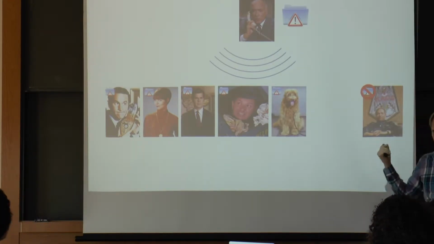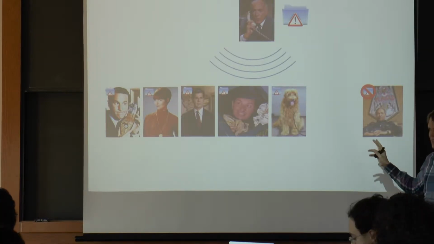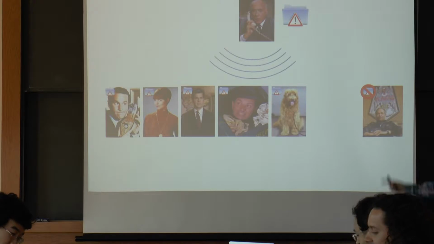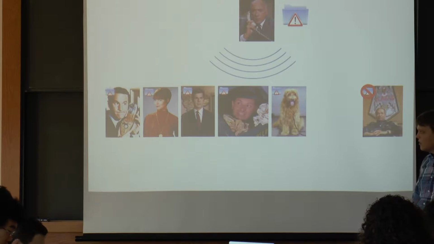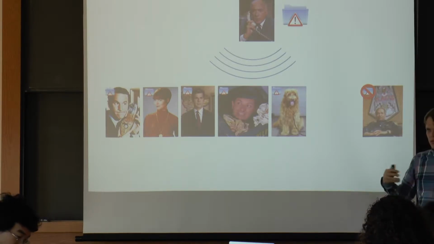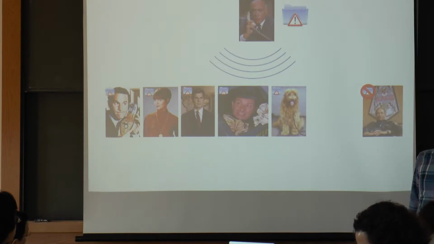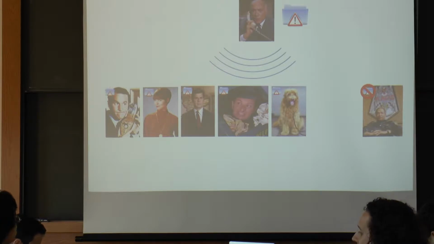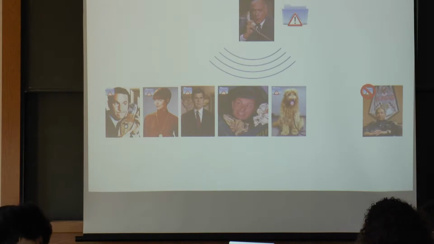I watched too many spy shows, so I'm going to use a spy example as motivation. This is this old show from the 60s and 70s called Get Smart, for those of you who don't recognize these characters. So up at the top we have Control, and down at the bottom here we have a bunch of spies working for Control. And Control wants to be able to send broadcasts to all of its spies. Now on the right here we have Chaos, that's the enemy of Control. They might be listening to all the communication. And we don't want Chaos to be able to learn what the messages that are being sent are.